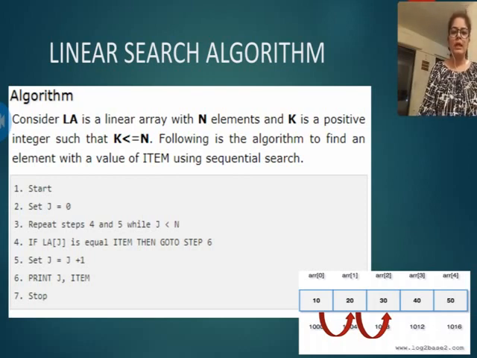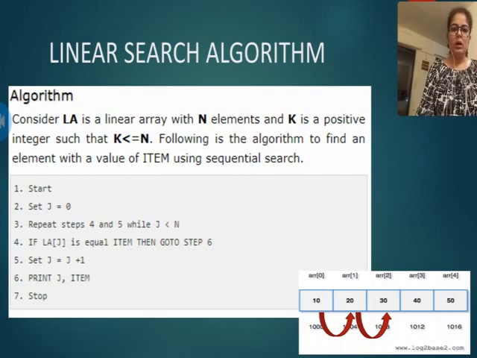Step number 4 is if LA of j, LA is the name of the array, and j is the jth element, jth means any element of the array. If LA of j is equal to the item, which means if the item matched, then go to step 6, which means print that element and exit.